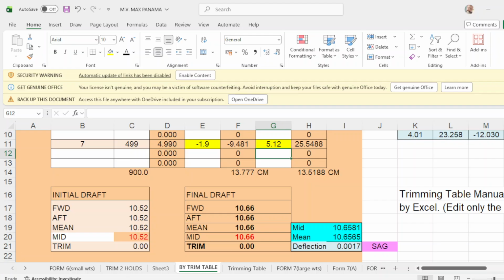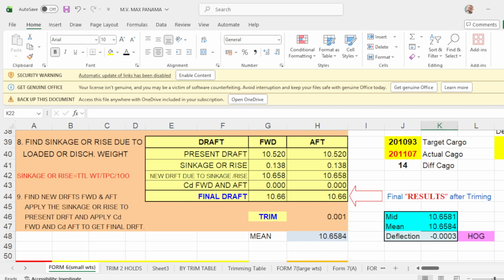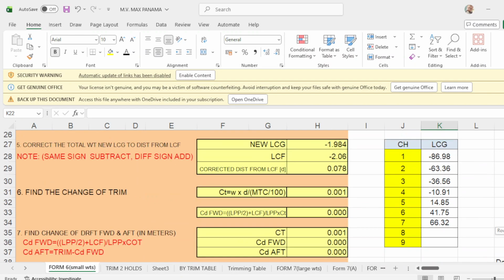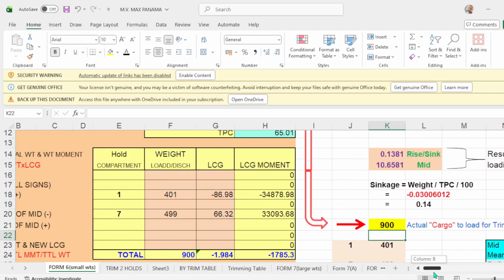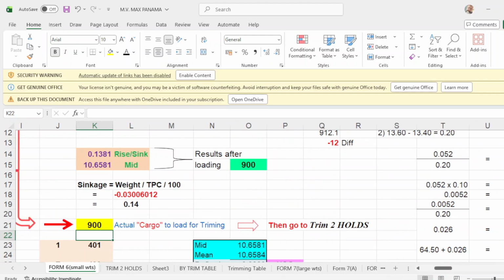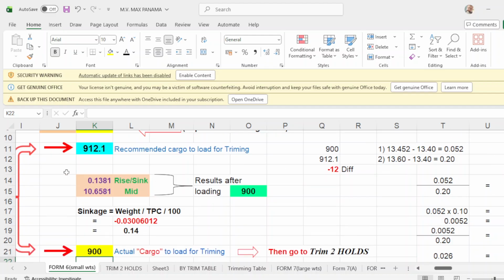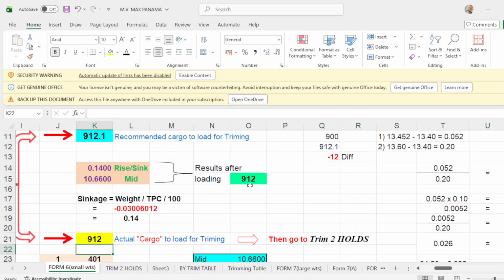Okay, so again we go back to number 6. Now I will put the recommended figure by this program. It says remaining cargo to load for trimming is 912. So I put here 912. Okay, there you go.